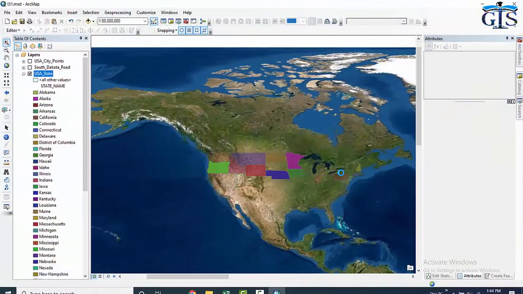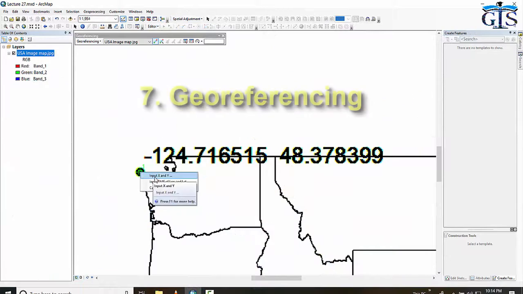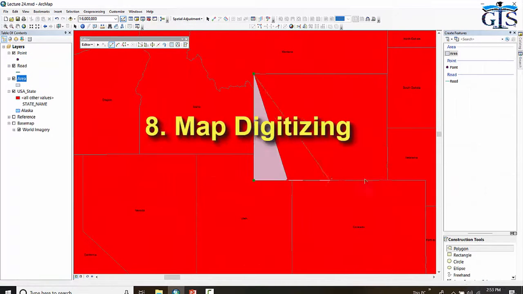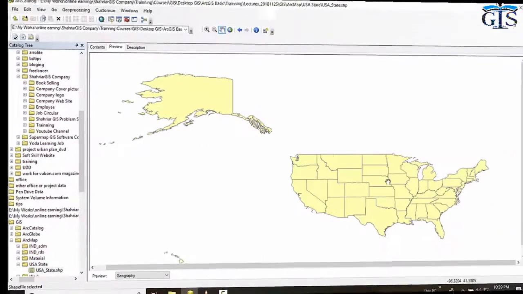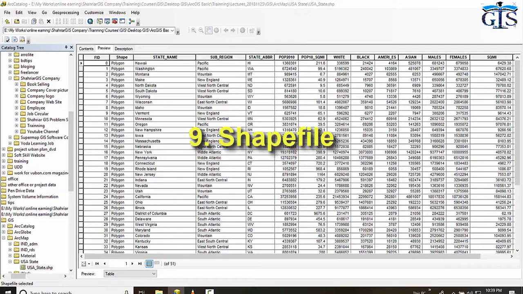We will learn in detail about ArcMap interface, georeferencing, map digitizing, what is Shapefile, spatial data and non-spatial data, and also how to create a Shapefile,